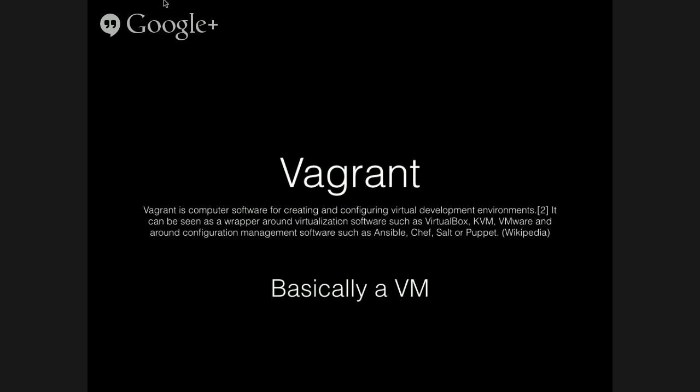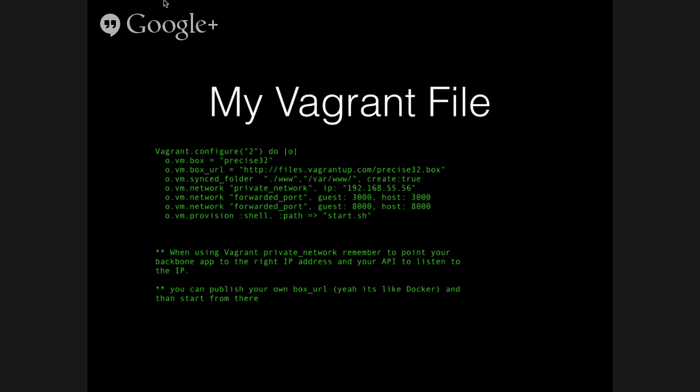And then basically you can use Vagrant. Vagrant is basically a VM that looks the same as your production environment. And it's very easy to set up. All you need to do, you have a URL for your box. You can sync your folder from your local Mac to the VM. If you have a private network, you can set the IP address to any IP address you want, and then basically just forward ports. So in this case, I have a Vagrant that runs an API and an Nginx server,